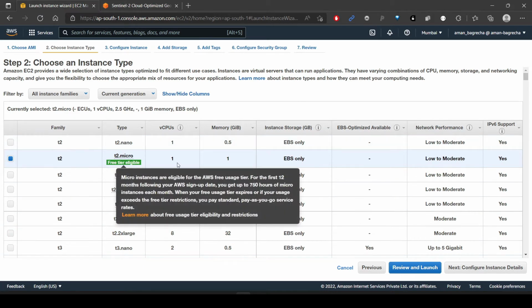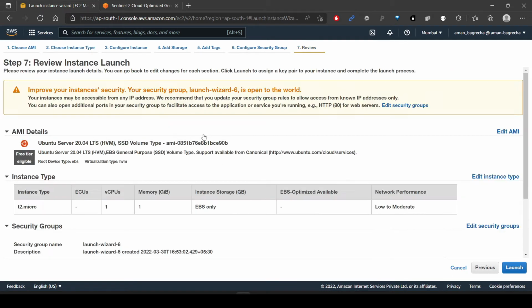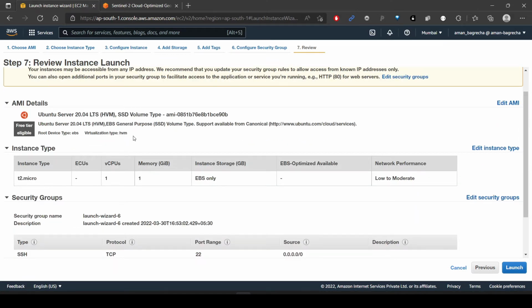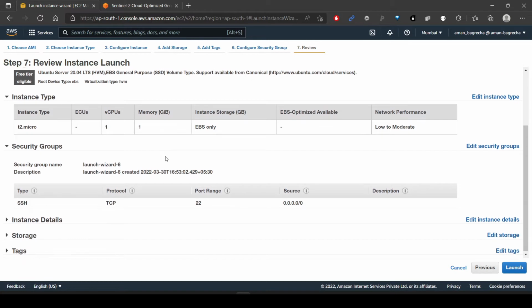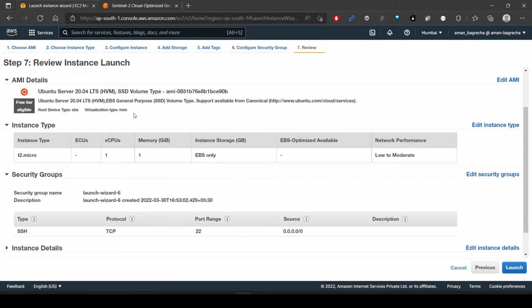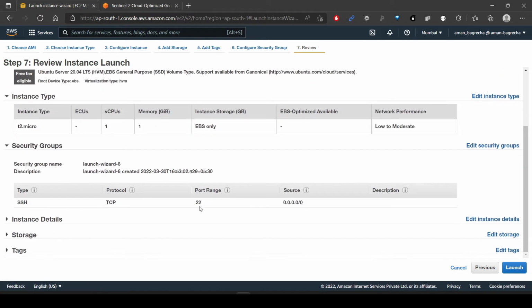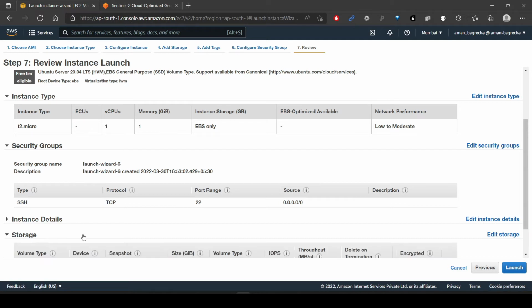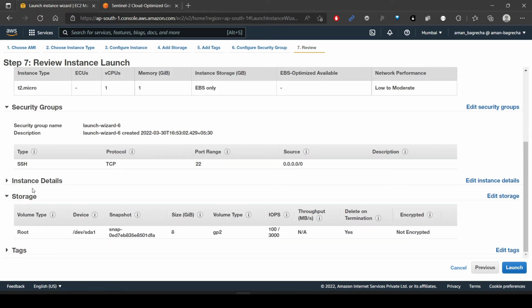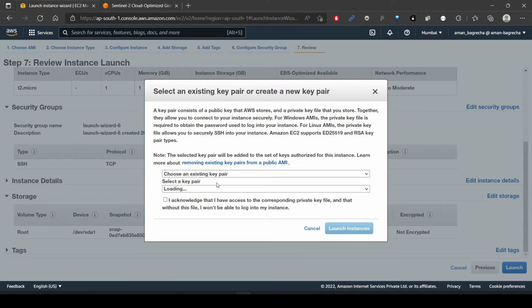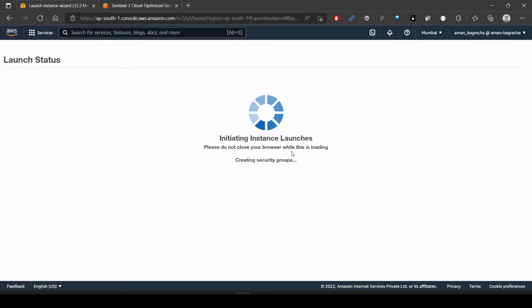You don't have to worry about any of these, just review and launch. You can check if your settings are appropriate. So we are taking only one free tier T2 micro, and we are opening port 22. Later we would need to open another port for our Postgres database, but other than that we just have 8 GB of storage and no tags, so we can just go ahead and launch. I have an existing key pair, this should load, yes I have, and then we can launch the instance.